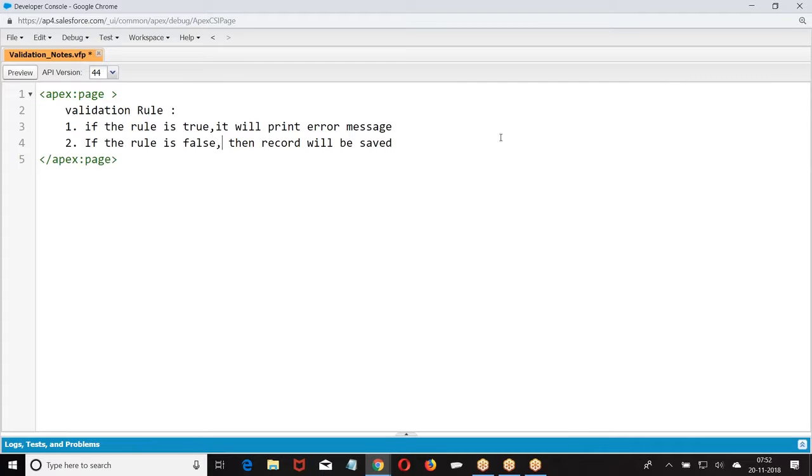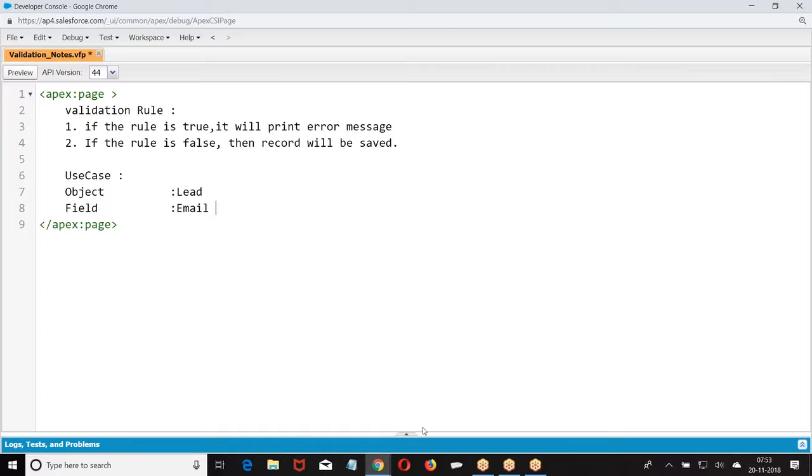Okay. Now let us look into the next point. First one, use case. We'll make it a basic example. Object: on which field am I going to create this?